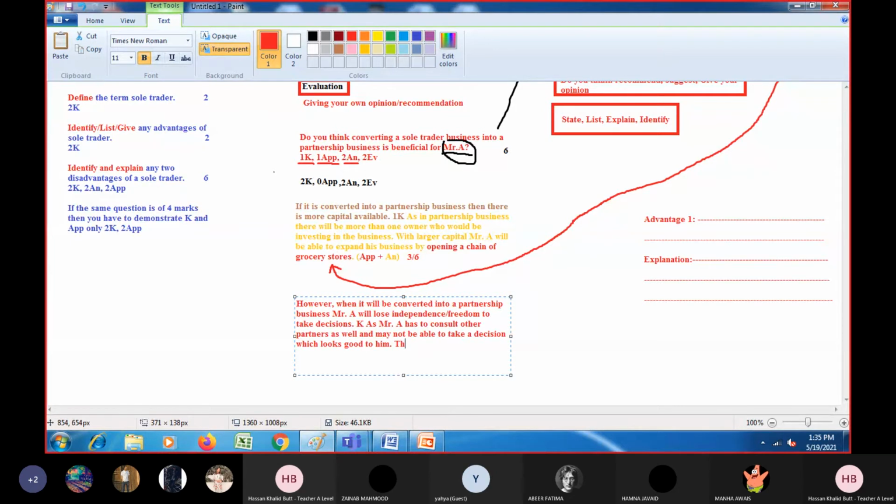Again, it depends on the lines given, because for a 6 mark question, do you know how many lines there are? Anyone? This is a 6 mark question. How many lines will be for you? No idea? I told you that for 1 mark in business studies, there are 2 lines. So if there are 6 marks, obviously there will be 12 lines. So it means that you must restrict your answer within those 12 lines.